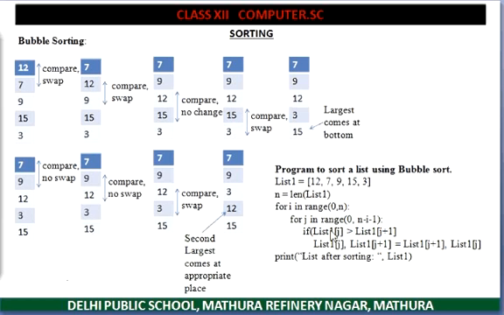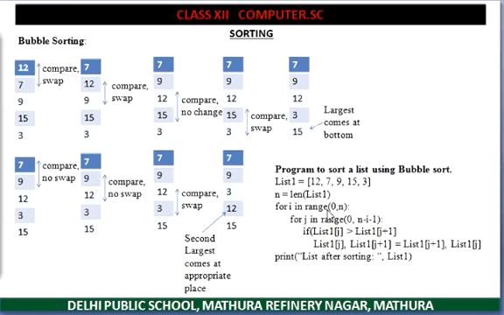Then the if condition. So start: for the value of i equal to 0, the value of j is equal to 0. If list 0 is greater than list 1, swapping will be done. Then if list 1 is greater than list 2, swapping will be done. Again the value of i is 0, the value of j becomes 2. If list 2 is greater than list 3, here list 2 is not greater than list 3, so no swapping. Likewise it will do swapping for all the elements.